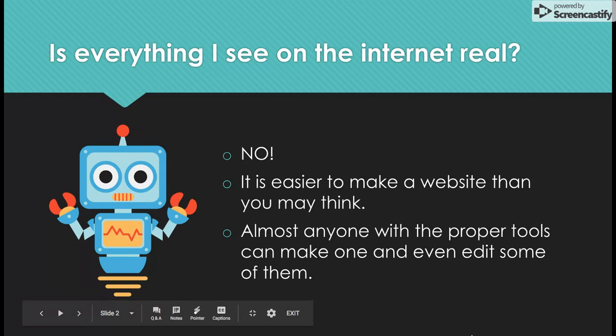So, is everything you see on the internet real? Most of you may know this, but no, it's not real. It's really easy for someone to make a website. Anyone with pretty much internet access and an email address can make a website on any topic they want. So no, not everything you see is real. There's even websites where you can actually go in and edit the information, like Wikipedia, which we'll talk about